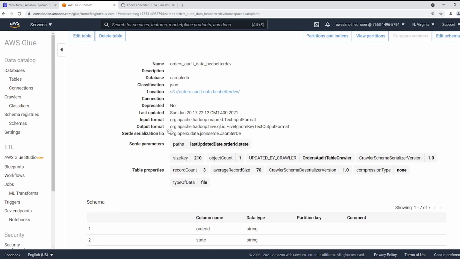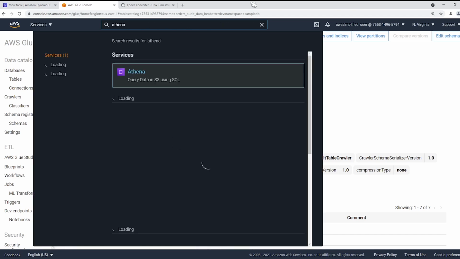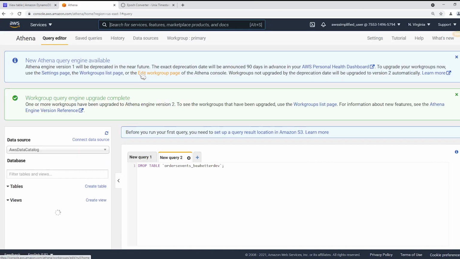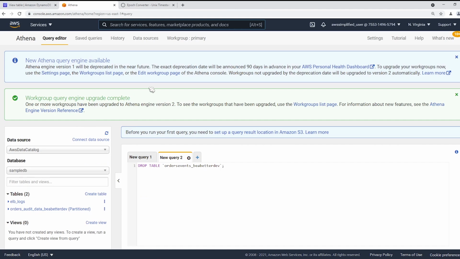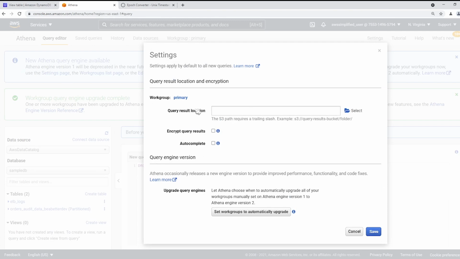What we can do now is go ahead and go into Athena and start querying on our table. So I'm going to go to Athena really quick and click on that. And if this is your first time here, the first thing that you need to do is go up to settings, and you need to set up a query result location. And the reason this is important is because the way Athena works is for every query that you submit, it outputs those results to an S3 path so that you can do something with it later if you want. So you need to configure this, or else when you try to run a query, it's going to give you an error saying no output path specified.